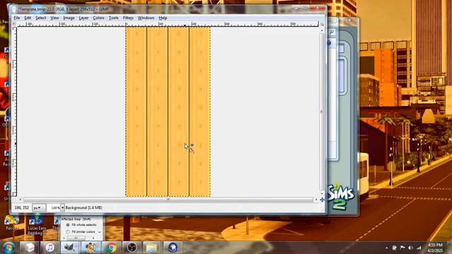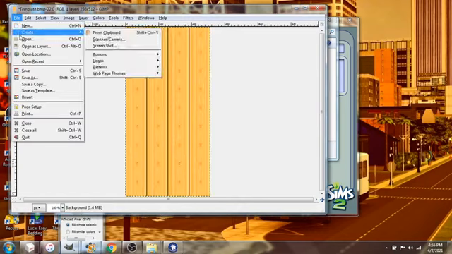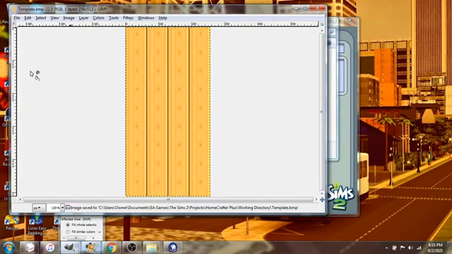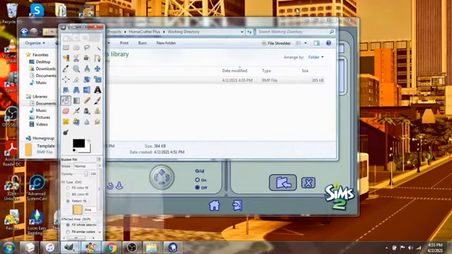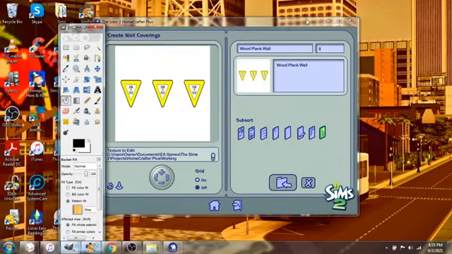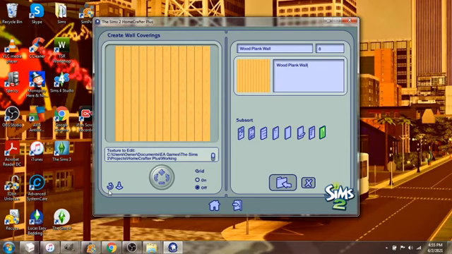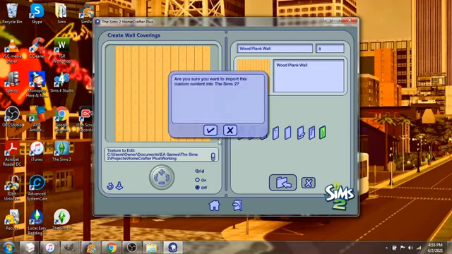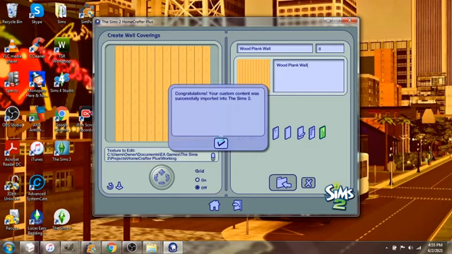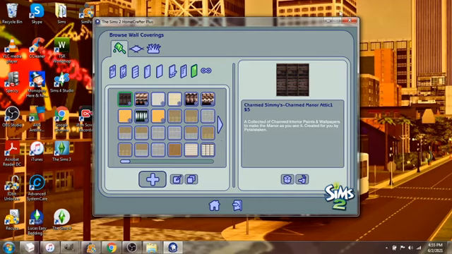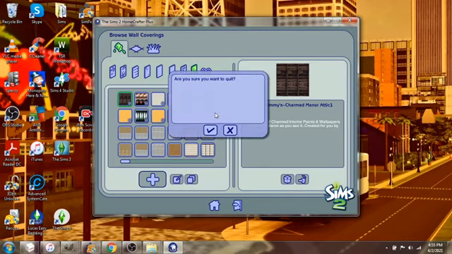So anyway, you can bucket fill that and go to File, Save, and you're saving it over your template. And now you can click the refresh button right down here, and you see you have a wall. So now you can import it into game. And you're not done yet. First you need to close Homecrafter,